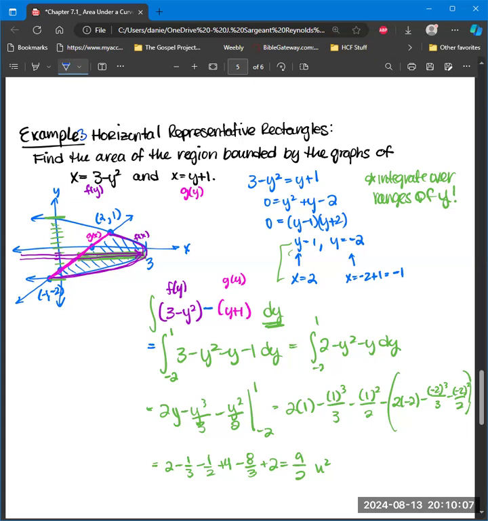The reason we're going to use horizontal rectangles is because this parabola is always to the right of the line. I do not have a consistent function that's always upper and lower in the vertical direction, but I have an upper to the right and a lower to the left now, and that makes my life easier if I integrate